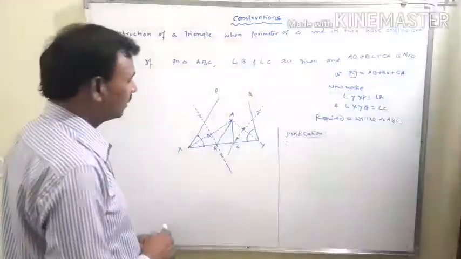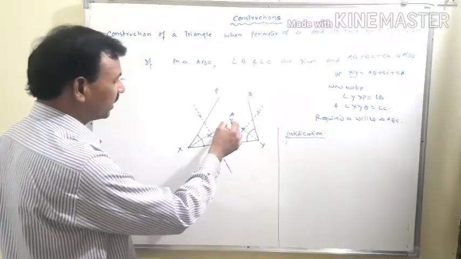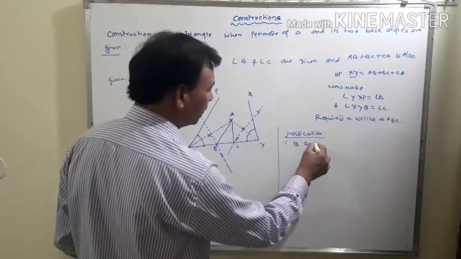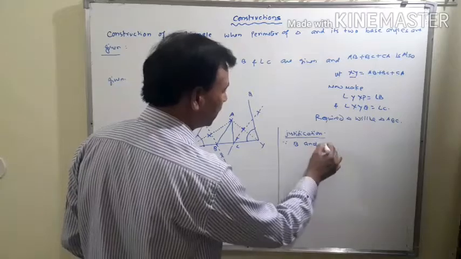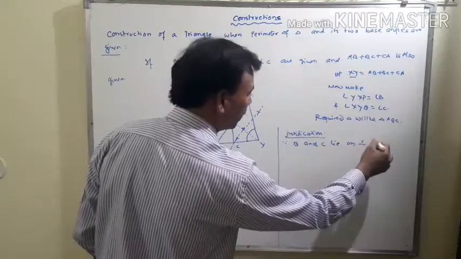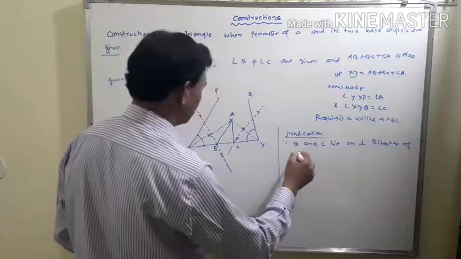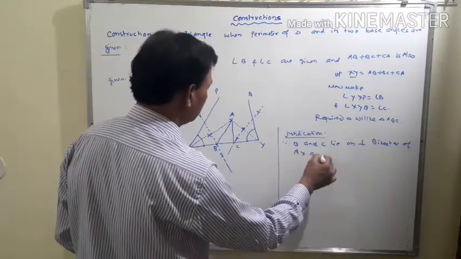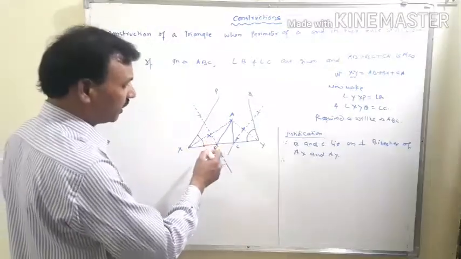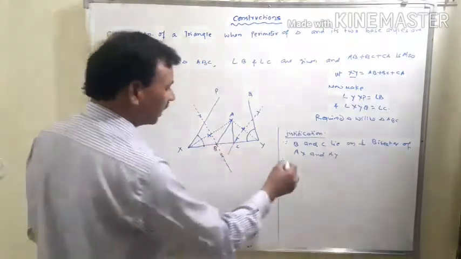As you have seen here, since B and C lie on the perpendicular bisector of AX and AY, therefore, by the property of perpendicular bisectors, XB equal to AB,